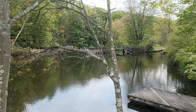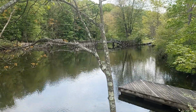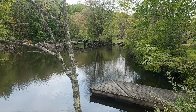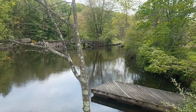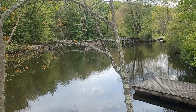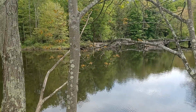And here we have the mule bridge. This was how the mules would come out of Morris Canal, lock number 3 west, which is just over there. You can see the top of a couple of footbridge trusses. And then there was slack water on the Musconetcong River. So the mules would walk across this bridge here, pull the boats,